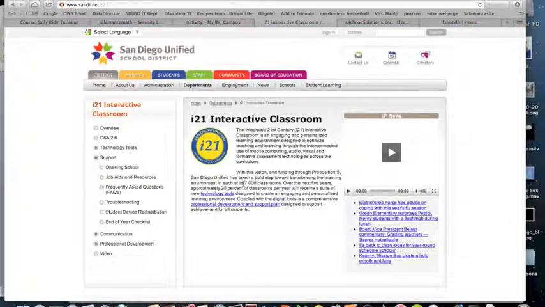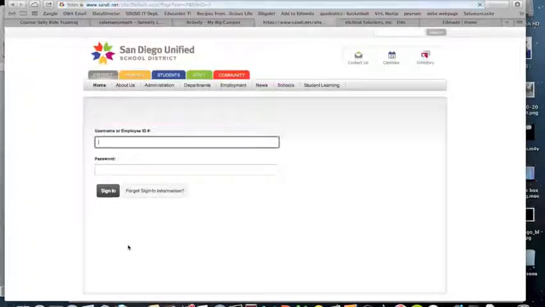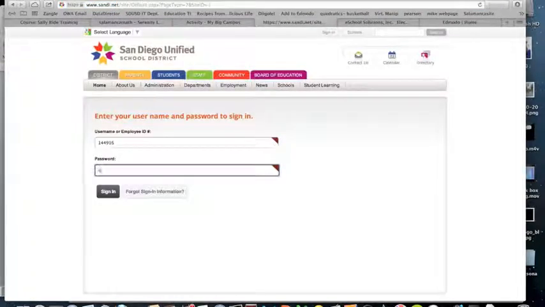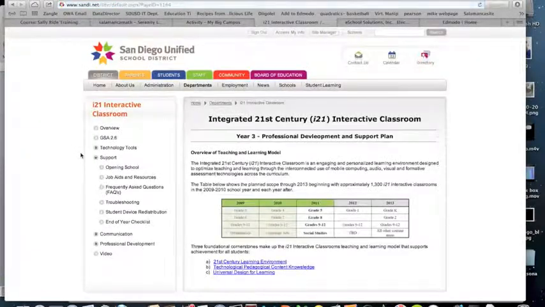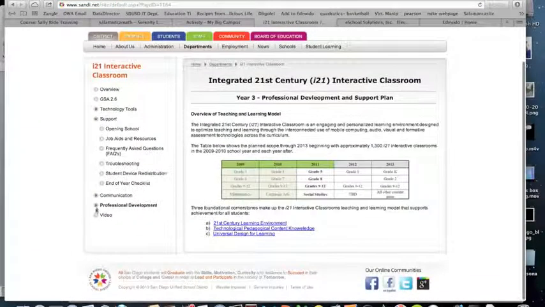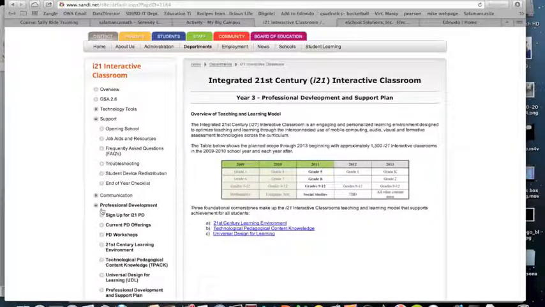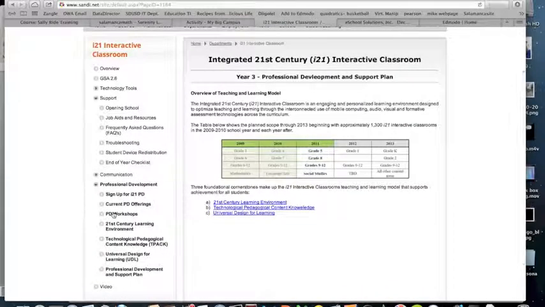And moving forward, we're going to show you a couple of different places so you can see more of these learning management systems. If you were to go to sandy.net/I21, you can go in, and on the left-hand side, there's professional development. If you were to click on that link, it is going to prompt you for your username and password, which is the same as your Zango password. From here, you can click on the drop-down for professional development,